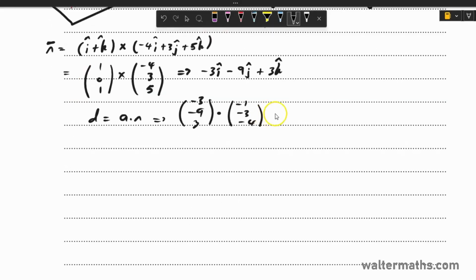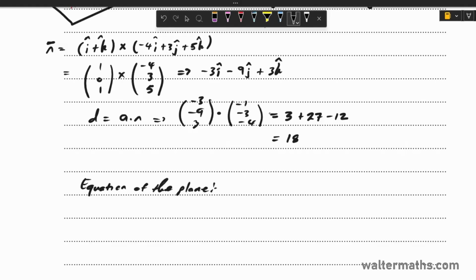So here we will say minus 3 times minus 1, which is 3, plus minus 9 times minus 3, which is 27, and plus 3 times minus 4, which is minus 12. So basically we have 3 plus 27 minus 12, which gives us 18. So that's the D right here. So therefore, for the equation of the plane,